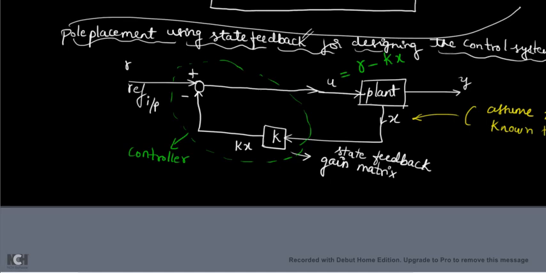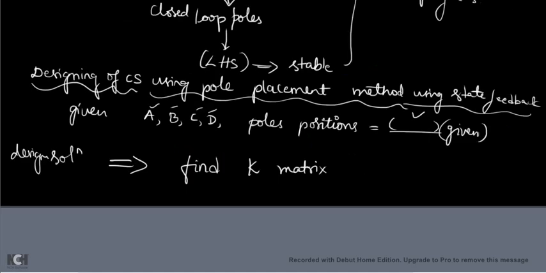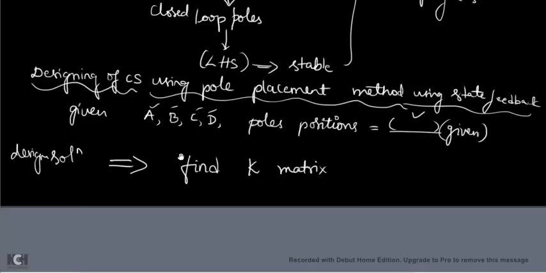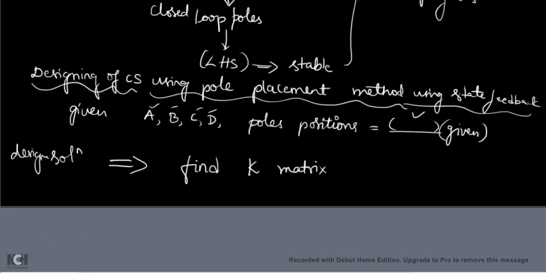Okay. So now we will see one example of how to design a control system. So this is our objective. In your problem of designing a control system, the A, B, C, D values and pole positions, where you actually want the poles, will be given, and finally you have to use some method and this formula. You have to find out eigenvalues and then compare to get the answer for the K value. This K value you then substitute into this block diagram. Then the control system will work completely as a stable system.